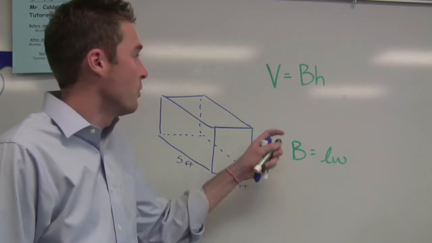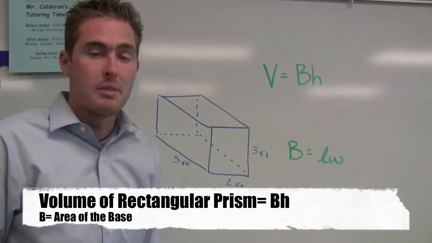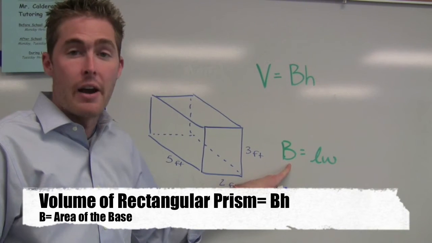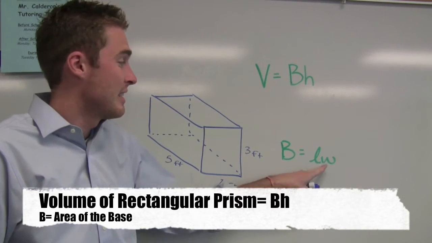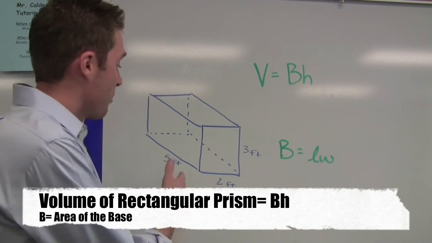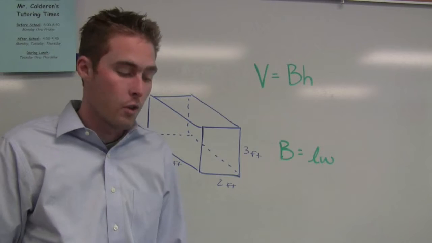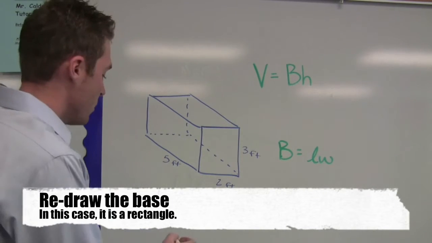To find the volume, it is big B times the height. If you want to break it down, the big B is the area of the base. And the area of the base is length times width. If we look at our prism, it's sitting on the base. So what I like to do is redraw the base by itself. When you do that,